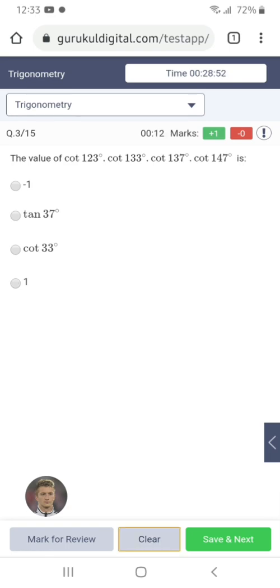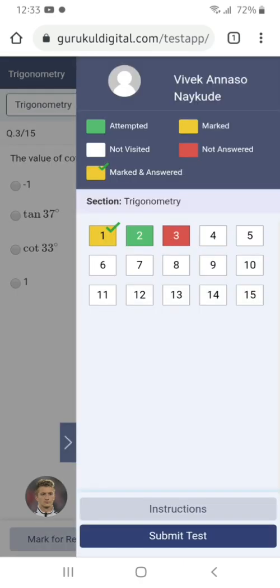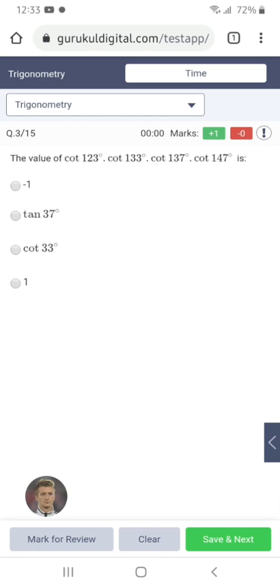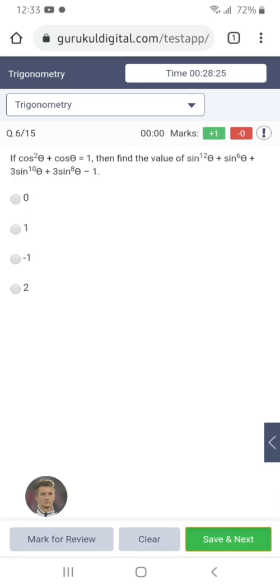Now here, on the right side of the screen, there is an arrow option, so you have to click here. And as you can see, the first question I have marked, the second question I have attempted, the third question I have not answered, and the white ones are the questions I have not visited. If you want to submit your test directly, you can submit it, or otherwise if you want to attempt all the questions of the test, you can do that also. So I will attempt all the questions. Now I will choose any random options.